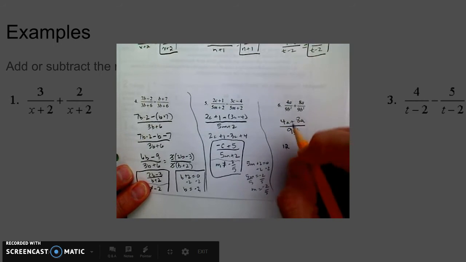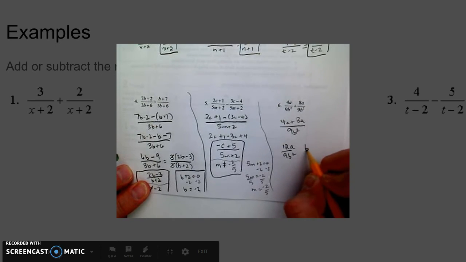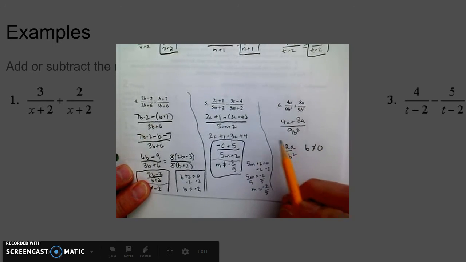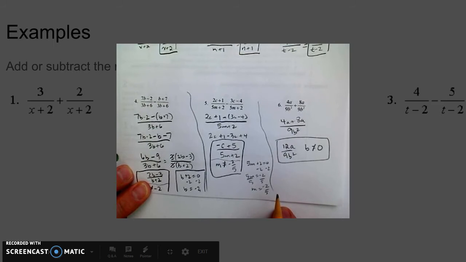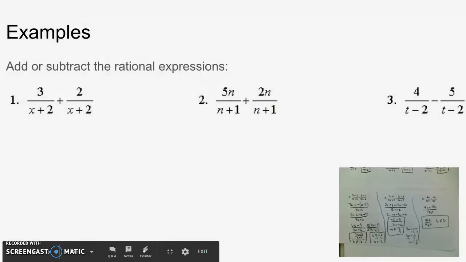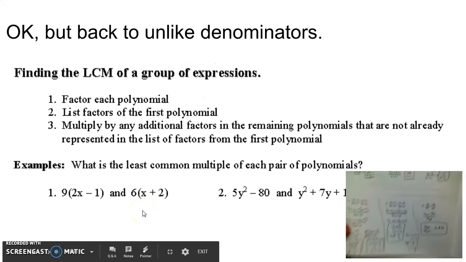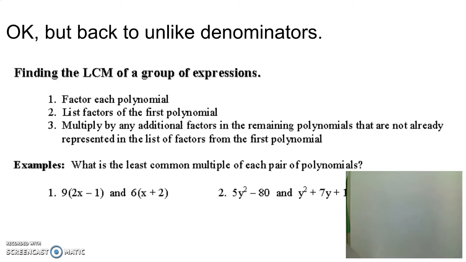So 4 plus 8 is 12a over 9b squared. And pretty clearly, b is not allowed to be 0. So the more interesting problems happen when we have